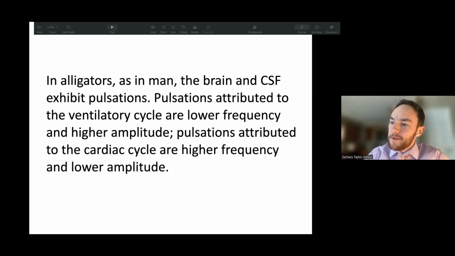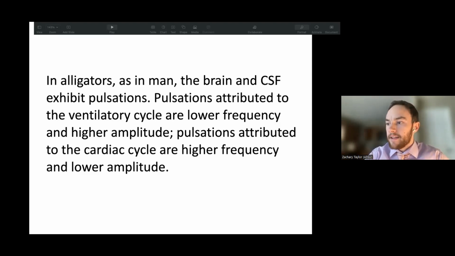So first of all, you might be wondering, why alligators? Alligators are the animal of choice for our research for multiple reasons. One being that they have pulsations in their CSF that we can actually monitor. And I took an intraoperative video of that I'll show you momentarily. And also alligators happen to have the same resting CSF pressure of about 4 millimeters of mercury, the same as